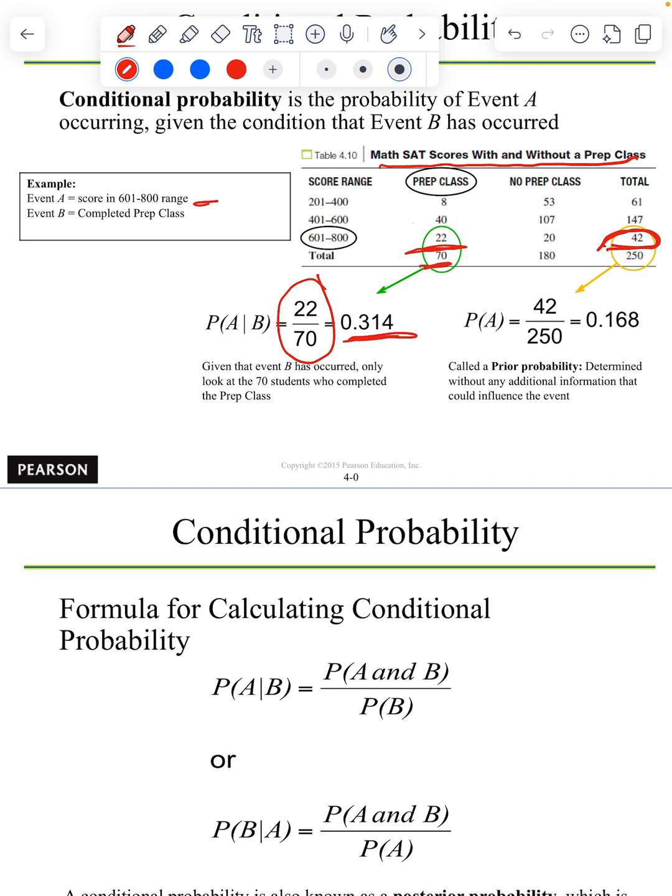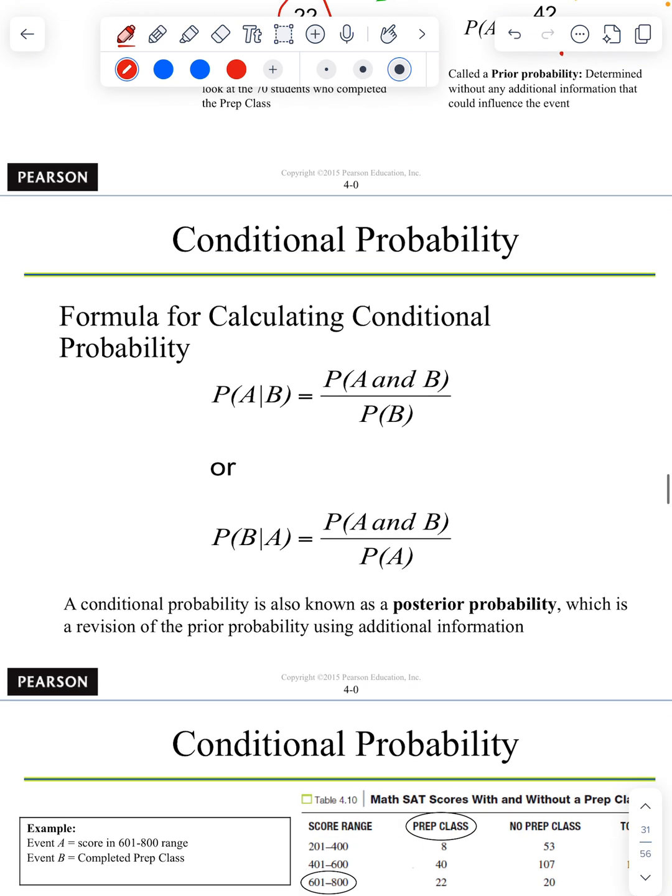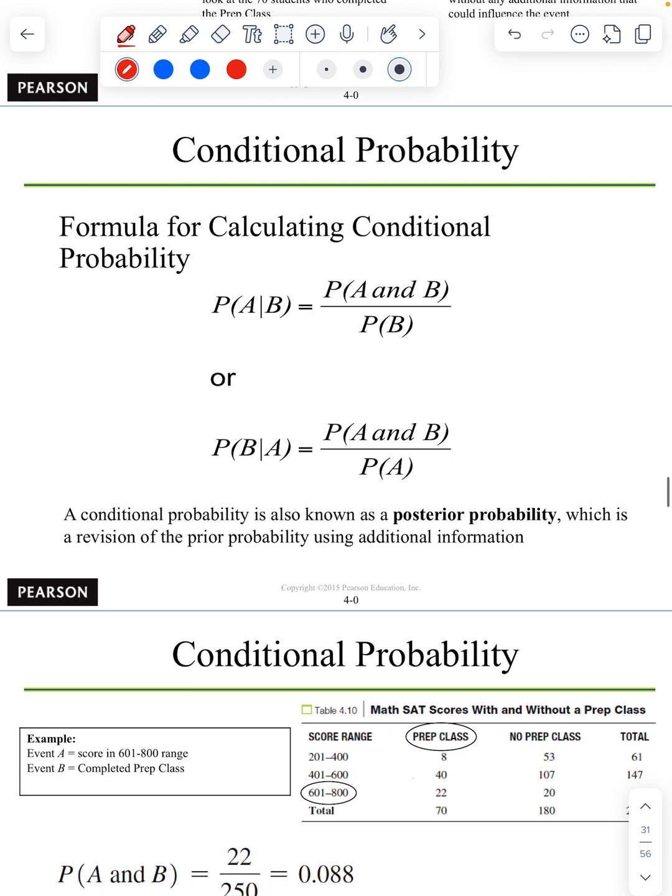So I would take 42 over 250 and get an outcome of 0.168 that fell in that 600 to 800 range. So the formula for calculating conditional probability,